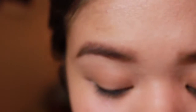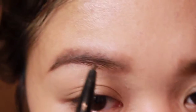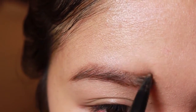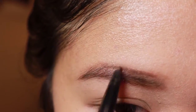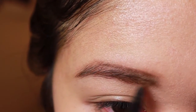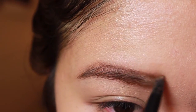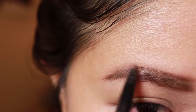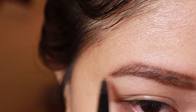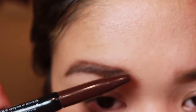And here I'm just going to go back in and refill these parts that look a little bit lighter, that need a little bit more depth and presence. You could leave your eyebrows like that and just have them a little bit darkened with the pencil, but I like to have a lot of shape to my eyebrows because I feel like it adds to the structure of my face and makes it look a lot more polished and put together,